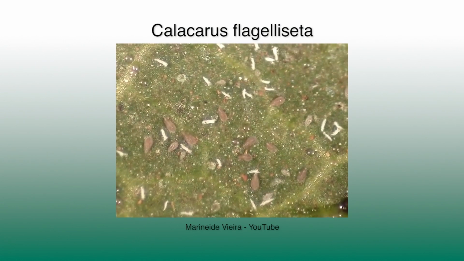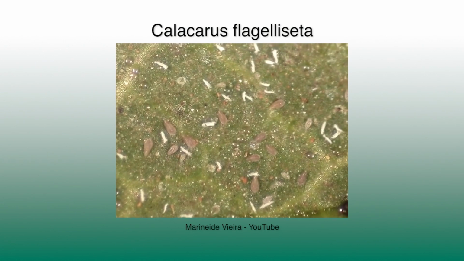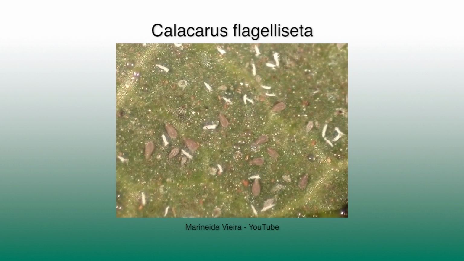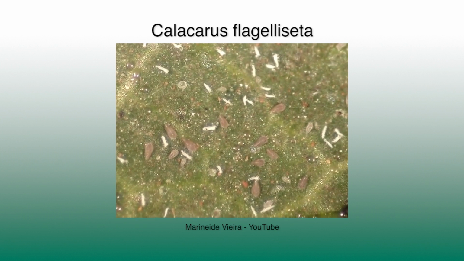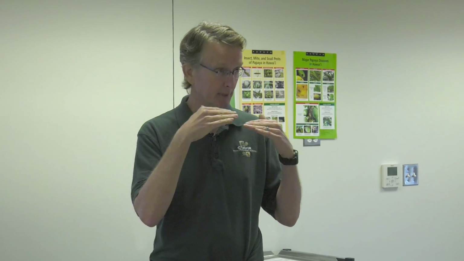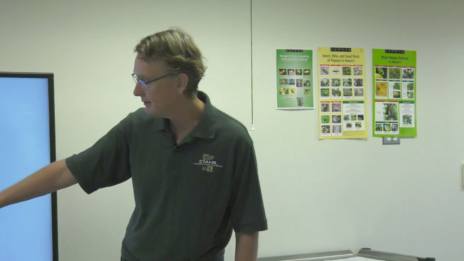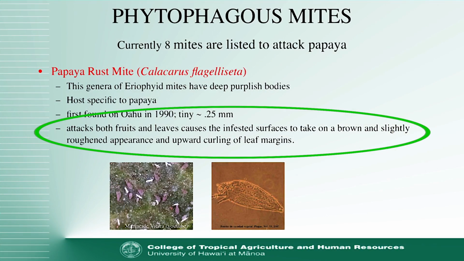And they cause a severe amount of damage because they're so tiny, 0.25 millimeters in length. And so they're not only hard to see, so they build up quickly, but they are hard to control because they are so tiny they can get under the leaf trichomes or the setae, the hairs on the leaf, and they can be hidden from anything you might apply to control them. Okay, so the damage they cause is an upward curling and bronzing of the leaves as well as the fruit